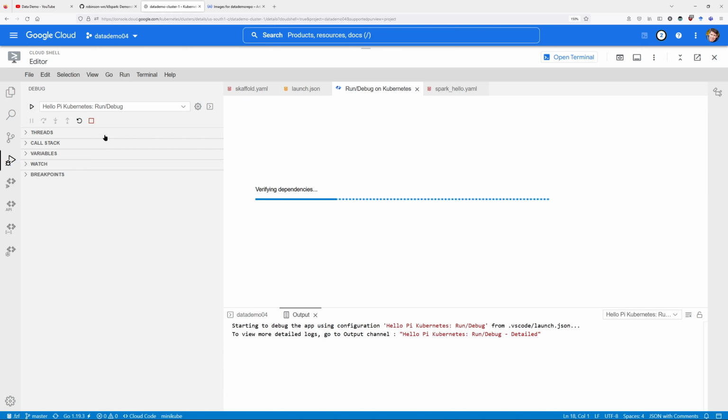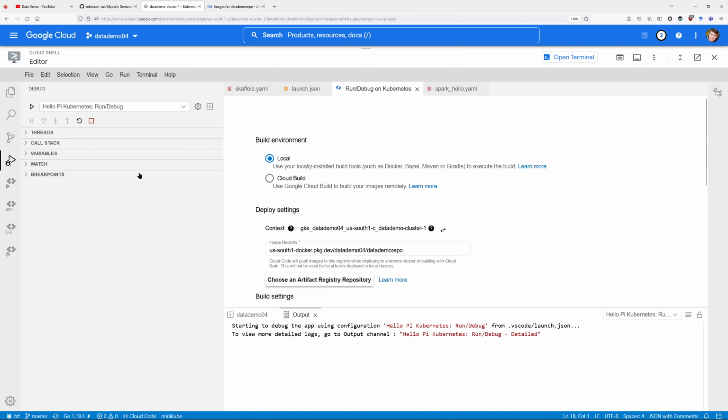and it starts up, and of course I can stop and reset and do other things. Over on the right, it might ask me to fill out some things, and then also have a choice here about how much output I get. If you look at this drop down, in a moment it's going to say detailed. Right now it just says hello Py Kubernetes run, the name of my config, but in a moment I'll have one for detail. Right now in this Cloud Code plugin, it's going to just double check that I've got things